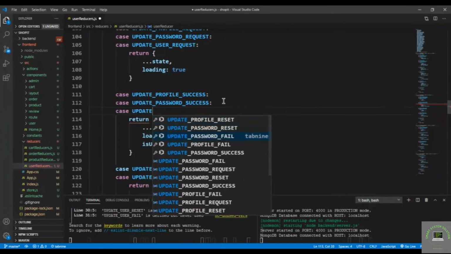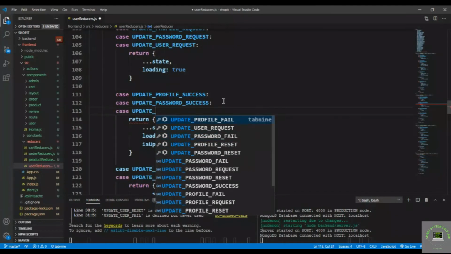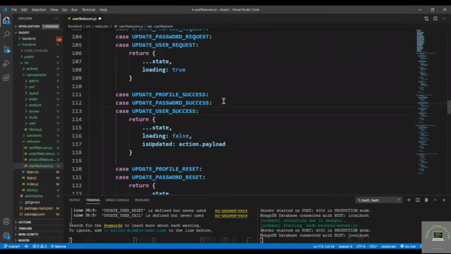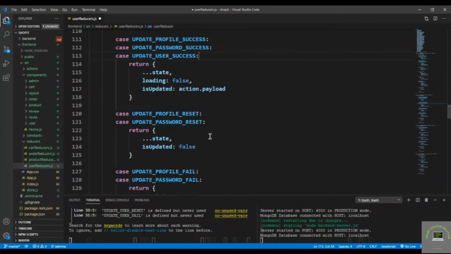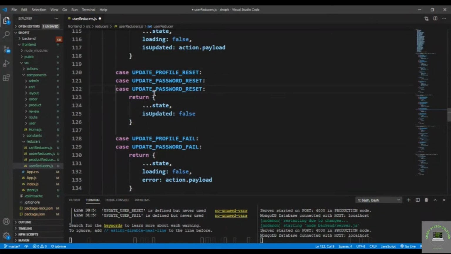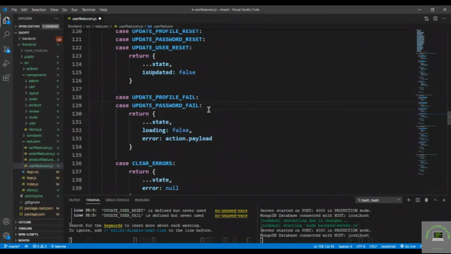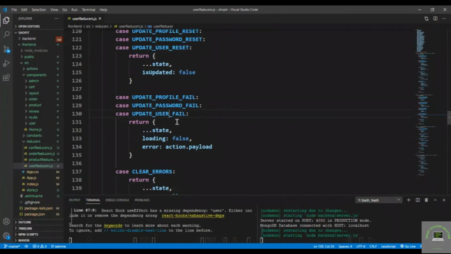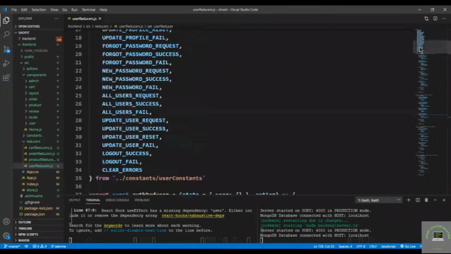update user success, and then for the reset, that is update user reset, is also the same. Let's replace here user, and then for the fail this is going to be the same, so update user fail. Simply save it, and now if I just copy this one, so update,